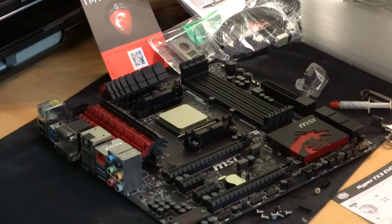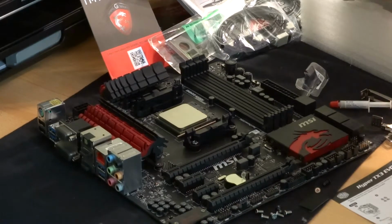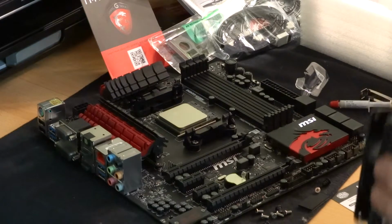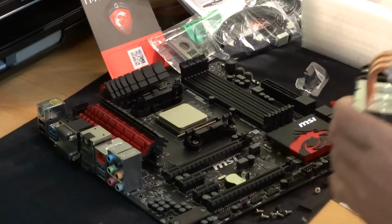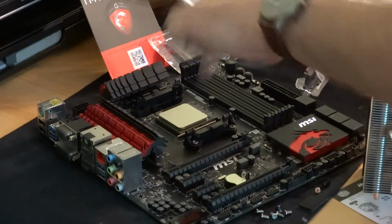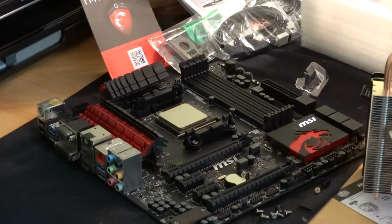Now for the next bit. This is the bit that you really need to get right, but it's more about precision than anything else. Now that's my cooler, my APU is already in its socket and it's in place. So now